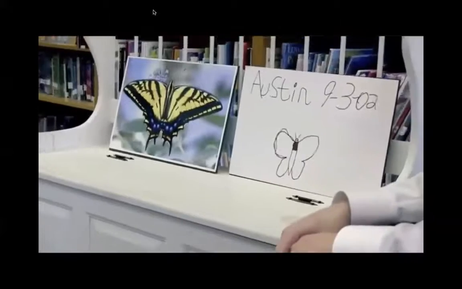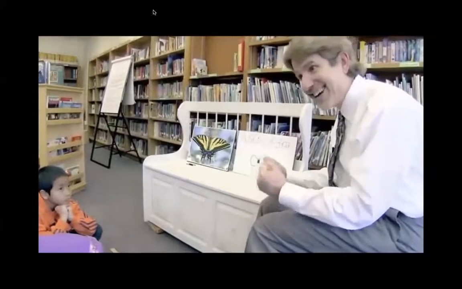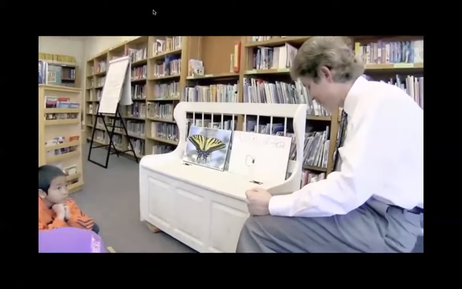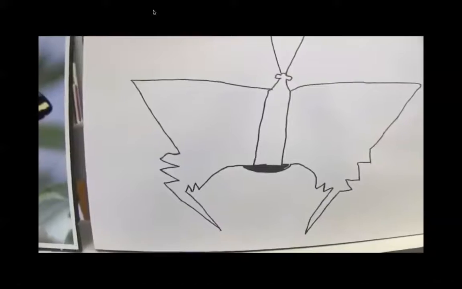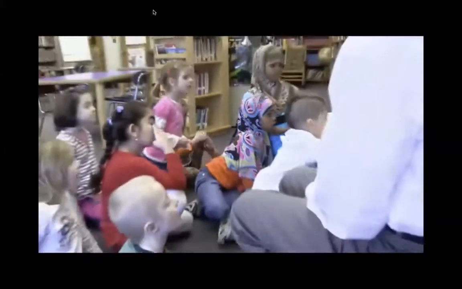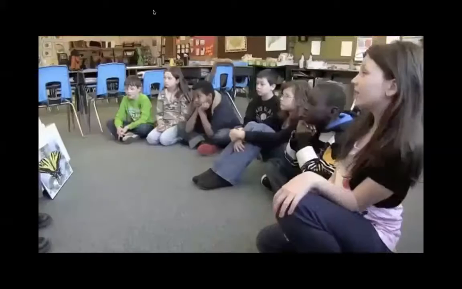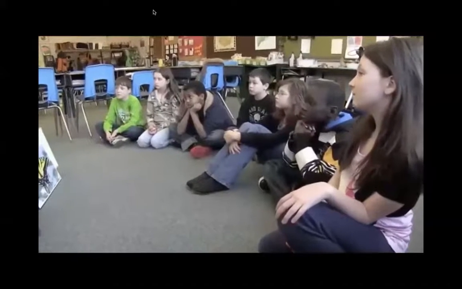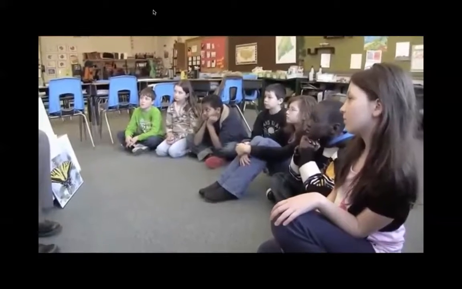Well, you know what? Those first graders came up with most of those same ideas. And you know what Austin said? He said, okay, I'll go try. And he went back to his seat and he drew this. Wow. Does this look more like a triangle? Yeah. Did he go out further, like Atak was suggesting? Yes. Did he add some jaggedness here, like Cindy? Yes. Did he get rid of that bottom thing? Yes. So he did listen to his friends and he made it better.